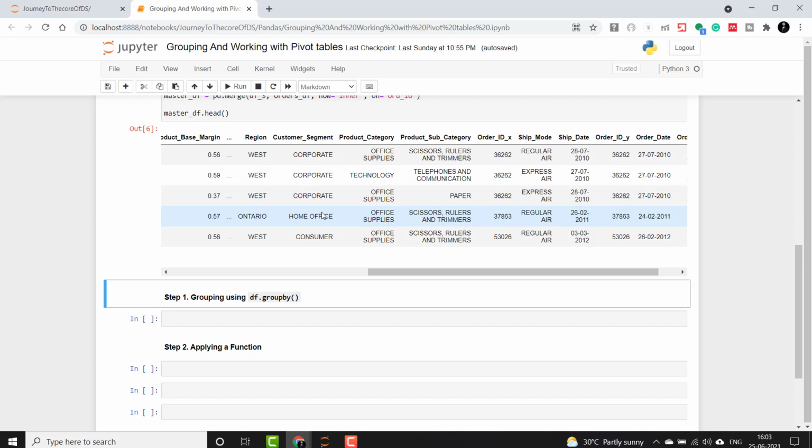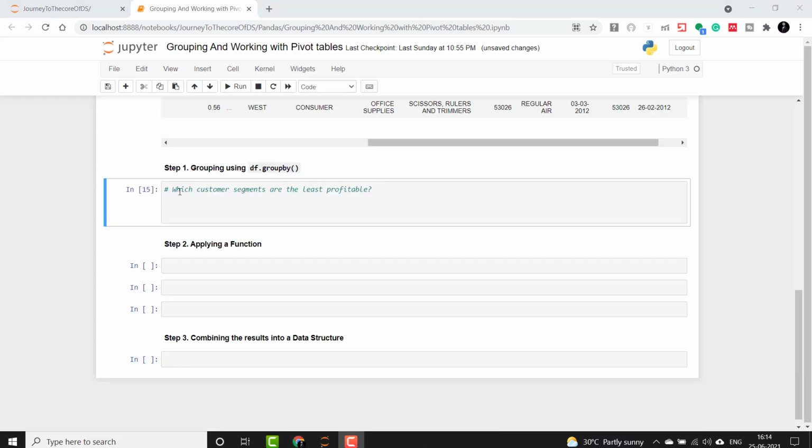Now for example, in this case we will be using the data along customer segment, and we will answer the question of which customer segment is the least profitable. So for that I have to group the data frame by customer segment. I will create another data frame and name it group by segment.